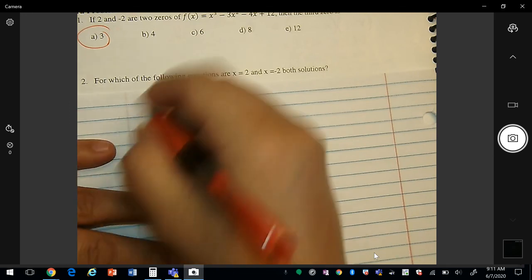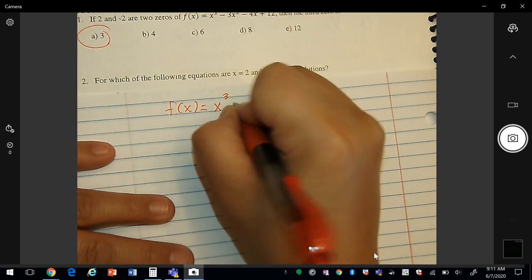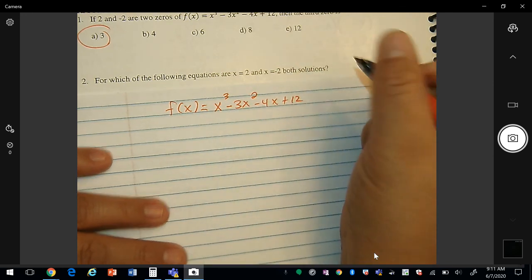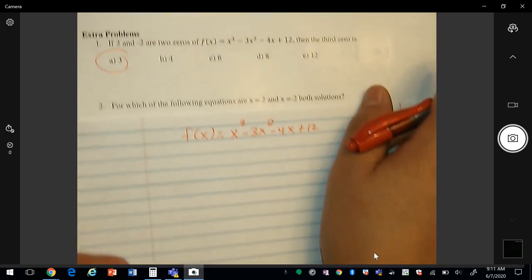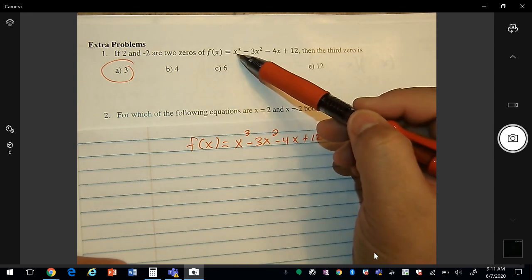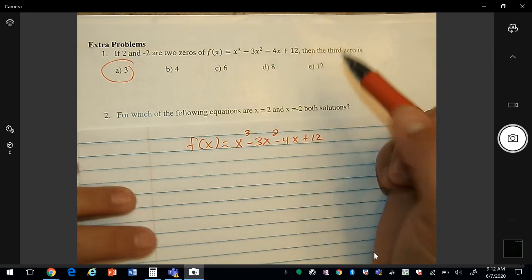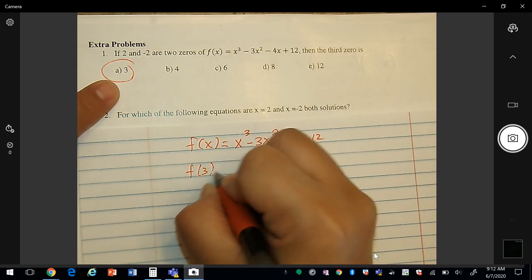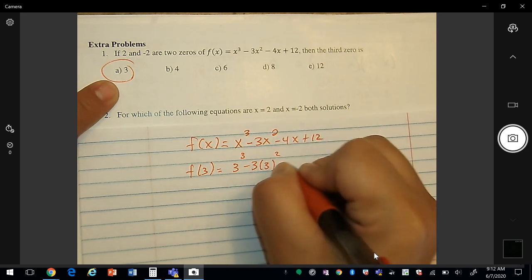Now the third way is you can use, in case you forget how to factor by grouping, the understanding that when it says that we're looking for a zero, that means that if you plug this number into the equation, it should give you a 0. If that happens, then we call it a zero. So we can test them. So if I plug in a 3 for all my x's,